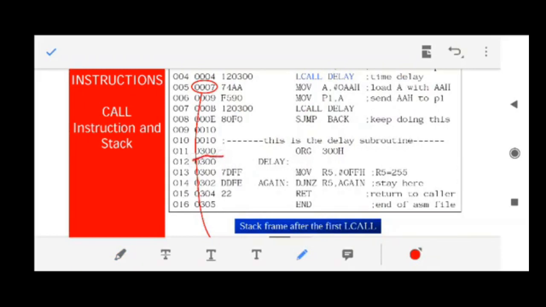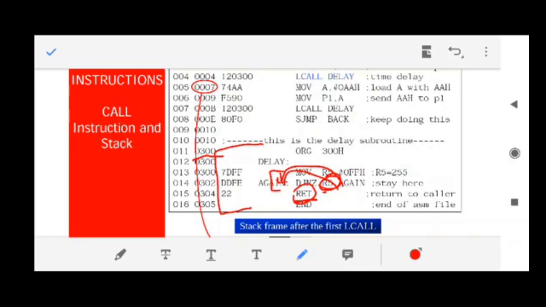Now what happens? It is doing something. For example, it is a delay program which is delaying your microcontroller, because it is jumping again and again to the same location with some number of steps. So it is delaying. Fine, it is a delay program. Once it completes all these instructions and loops, it comes to the last location, which is always RET. The last line of a subroutine is always RET.